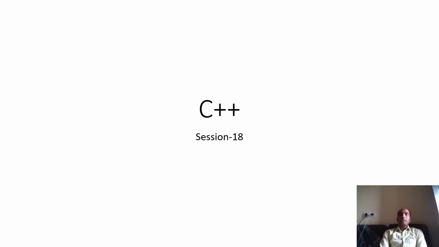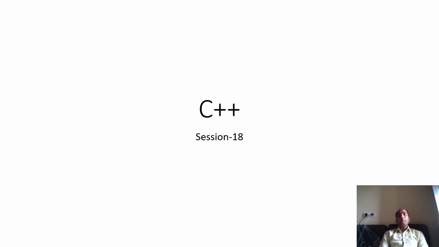So hello students, in the last class we discussed the dynamic memory allocation technique used in C++. We saw how to dynamically allocate memory, how to dynamically allocate objects, and we also saw a very important concept, the this pointer. So what is the this pointer? The this pointer contains the address of the current object from which the member function has been called. We discussed all these things thoroughly in the last class.